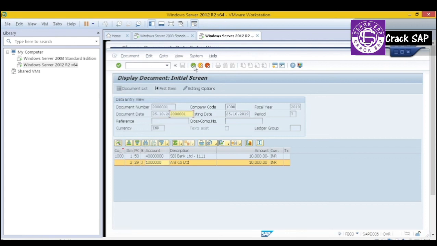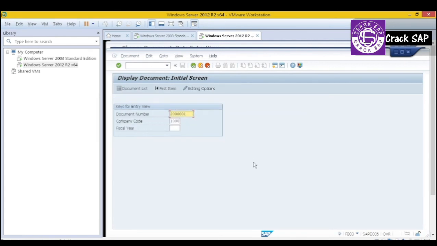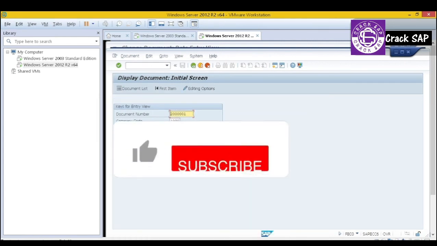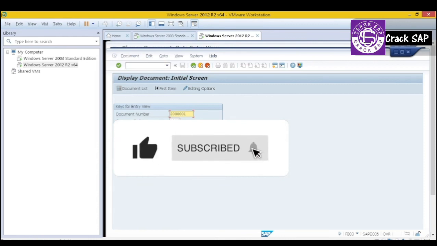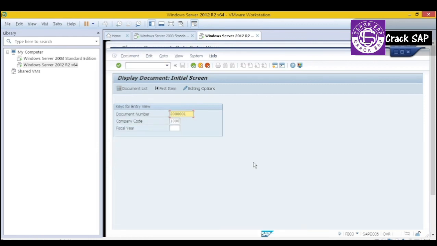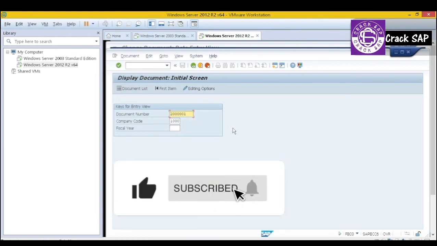What we have concluded here is we have created a special GL indicator and set a GL account assignment with the vendor reconciliation account, and we have created a vendor group, a GL group also, in OBD4, and then we have created a GL account, and then we have assigned a GL account to the special GL indicator, and we have posted the special GL indicator and then displayed the same thing with the document. Now, thank you so much for watching the video, and